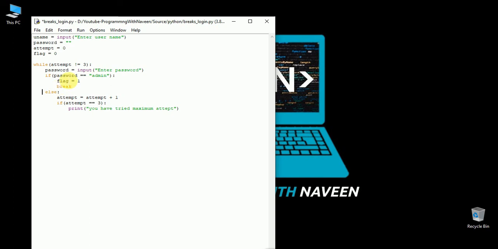Now if the user enters the correct password the first time or the second time, then flag equal to 1. So now the condition will come for the flag. For that I will go here and check the flag condition. If flag equal to 1, you can also use boolean true or false. If it is true, then it will come here. I have not used boolean, you can check that. So if true, print